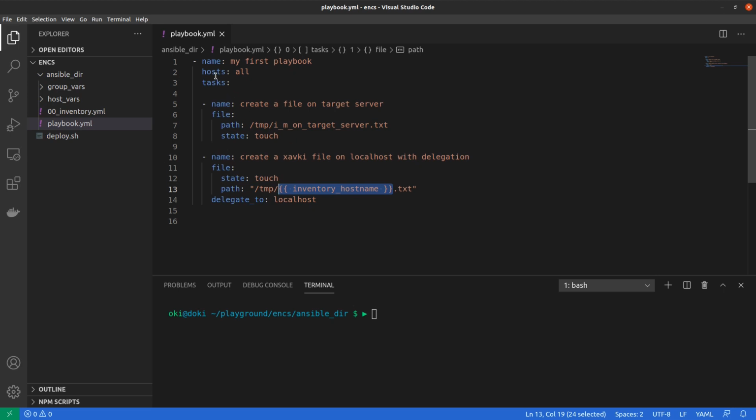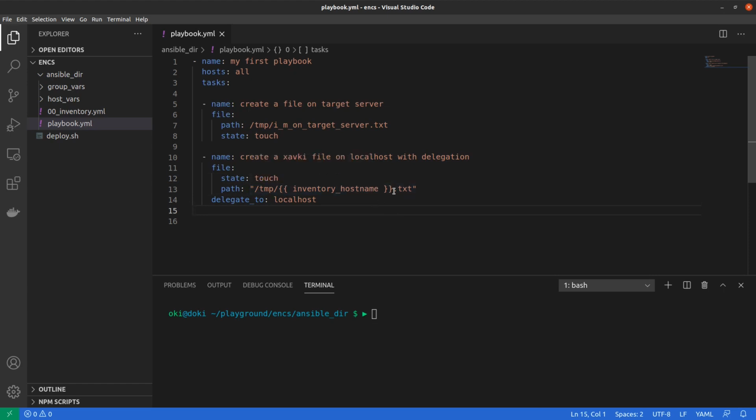When we run our playbook on the all group, we do all tasks for one server, then all tasks for another server, and again for the last one, 3 times.